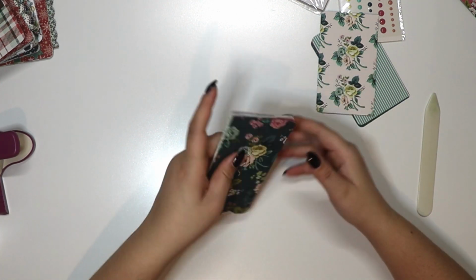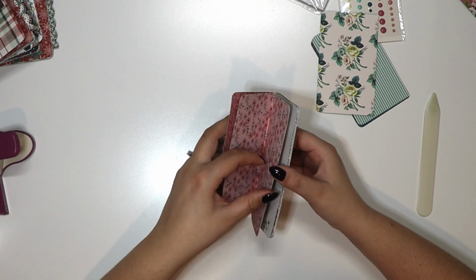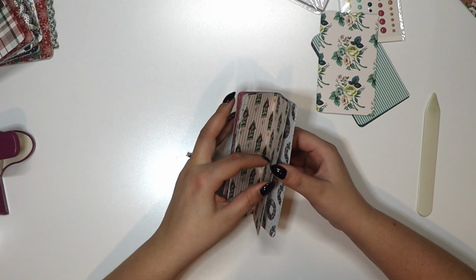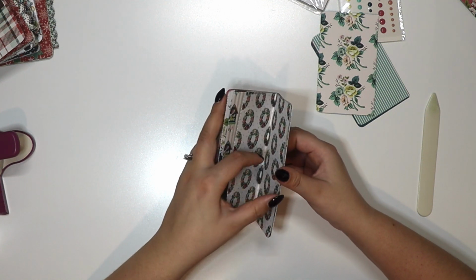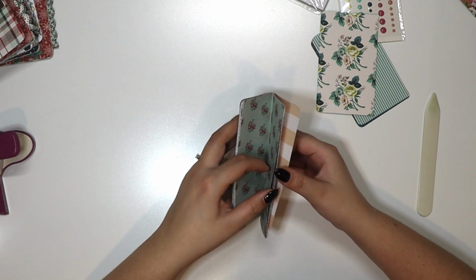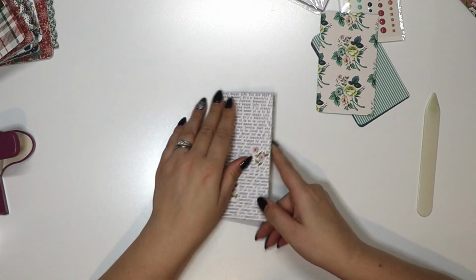Alright, so now the base of your book is done and you have folders. So 1, 2, 3, 4, 5, and 6. So the only thing I do differently with this than what Maymay does is she does